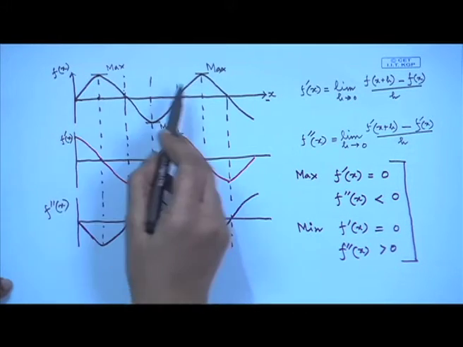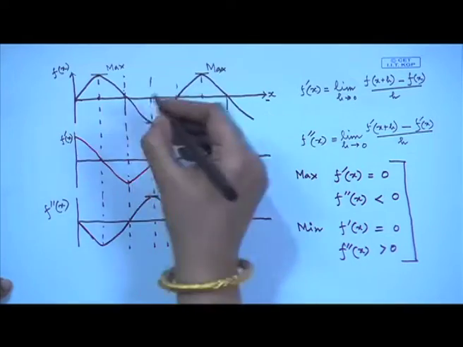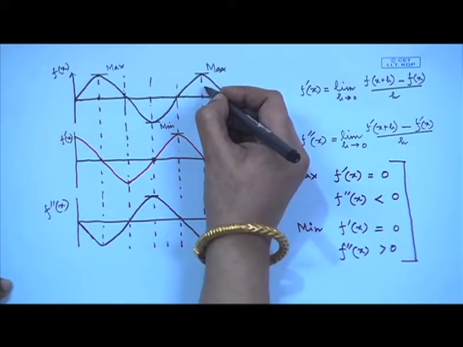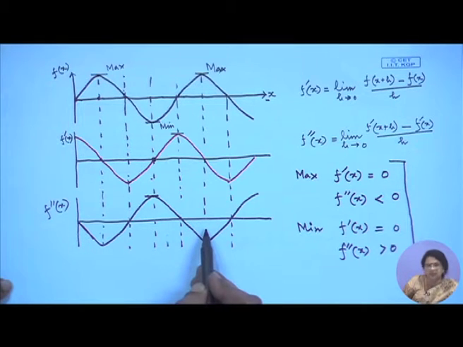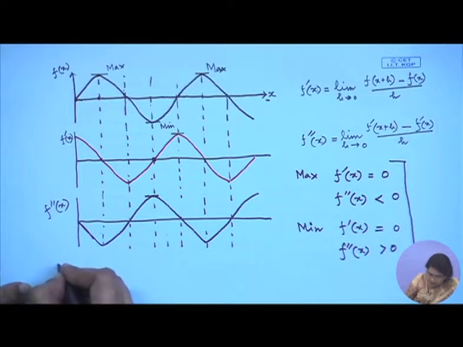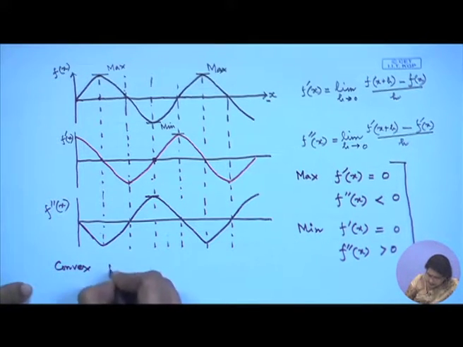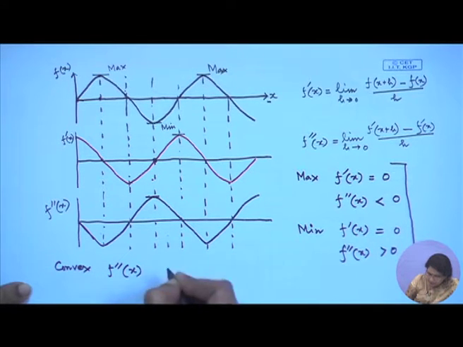But how many concave parts are there for this function? This is one part, this is another part. In the concave part, you see we are having the negative of the second order derivative. That is why we could establish from here again for the convex and for the concave,